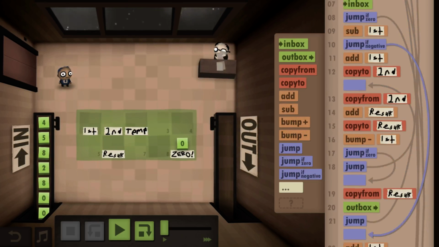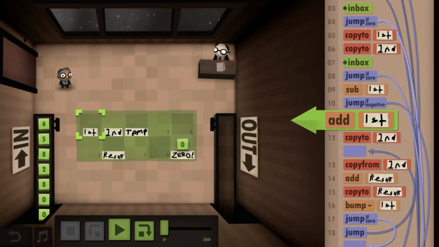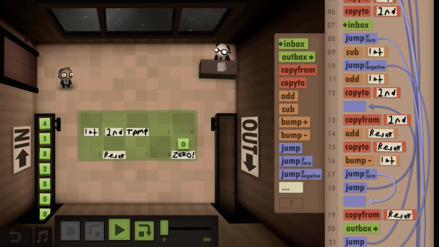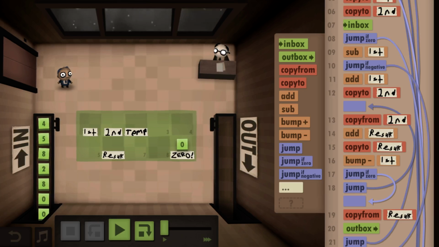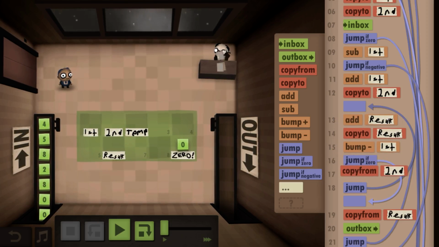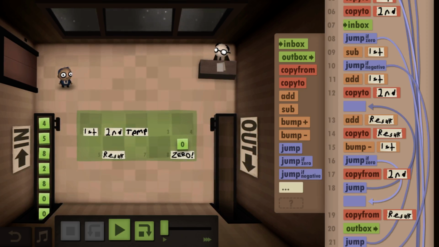Subtract it. If it's negative, add it back, put it in first. If it's positive, add it back, put it in second. And then from that point, we could save a step by doing this, adding it to the result, copying it to result, checking, bumping first.